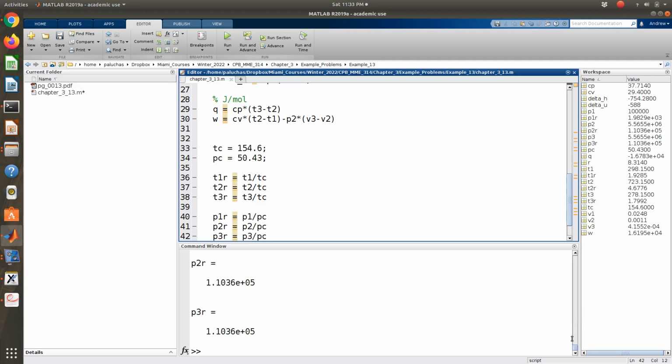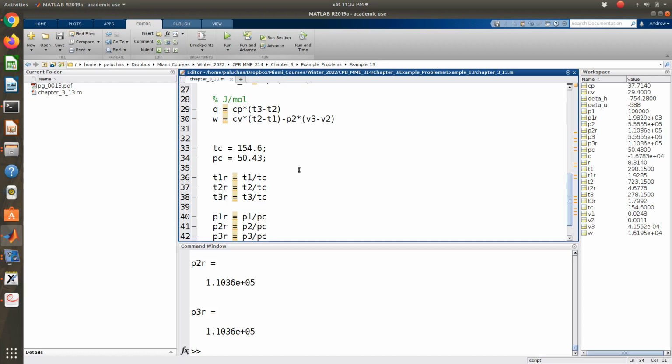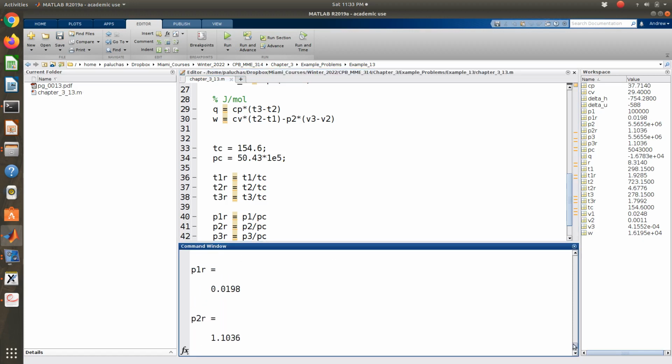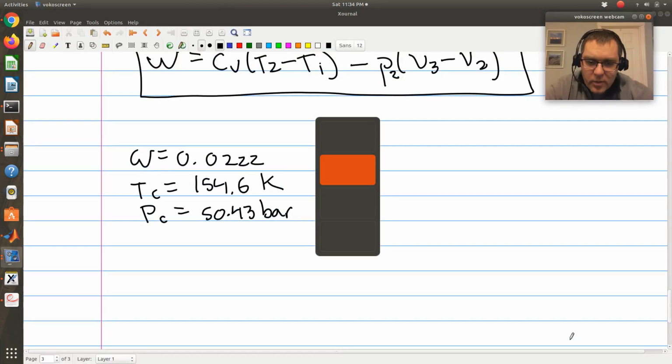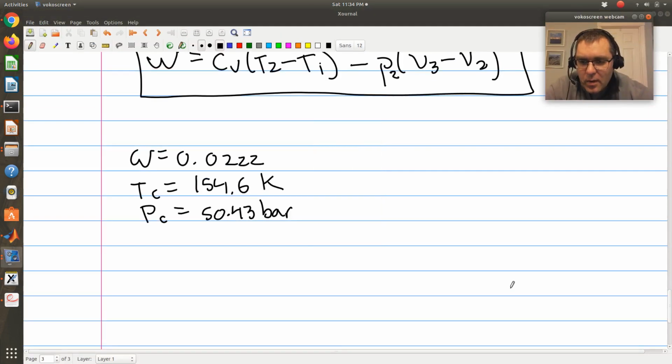So if I look at my reduced pressures, since my other pressure I had in SI units, it was in bars, let me multiply by 1e to the 5. Okay, so now let's be more realistic. My reduced pressures, in my initial state it's 0.02, and then it's 1.1. Still pretty small. And reduced temperatures go from 1.9 to 1.8. And so if I were to look in my Lee-Kessler tables for Z naught,